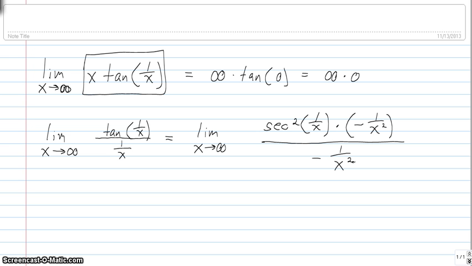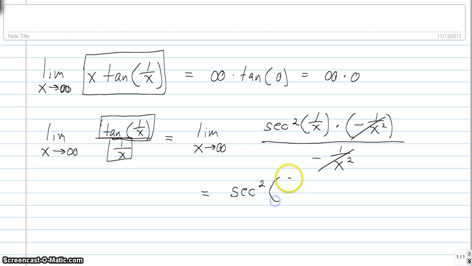So I was not using the quotient rule, but using L'Hopital's rule, which says take the derivative of the numerator separately from the derivative of the denominator, and that if you apply the limit, it is an equivalent expression. So here we can cancel out our minus 1 over x squareds, and then we can evaluate this limit, because we can do secant squared